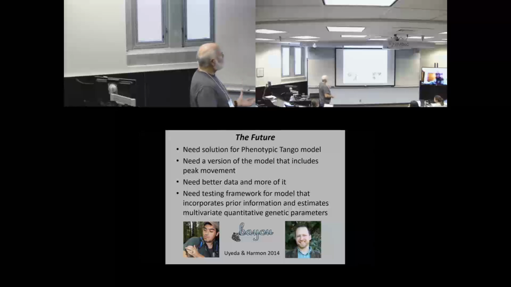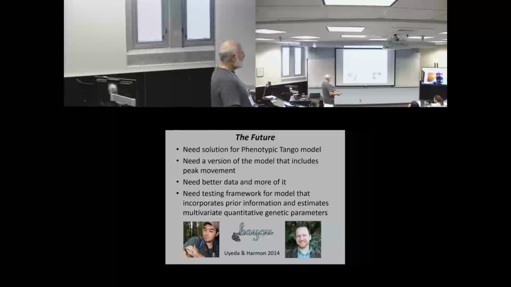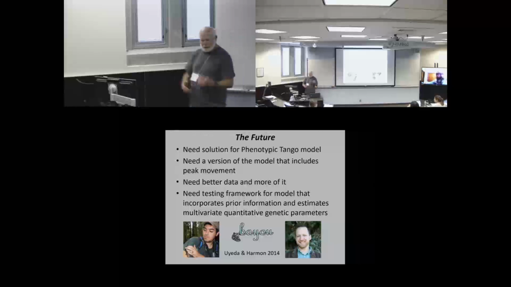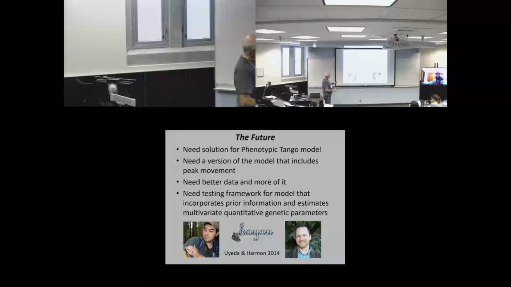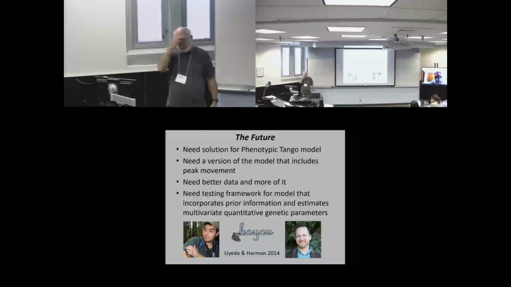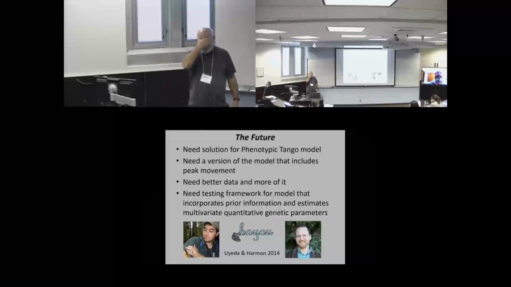And then we need a testing framework that actually matches the biology, instead of just focusing on singular pairs of traits on the male side of the equation, and that estimates the parameters. Now, if you go back and think about Joseph's talk, Bayou does a lot of these things. We just need to apply Bayou or expand Bayou so it does coevolution of male and female traits. And then finally,